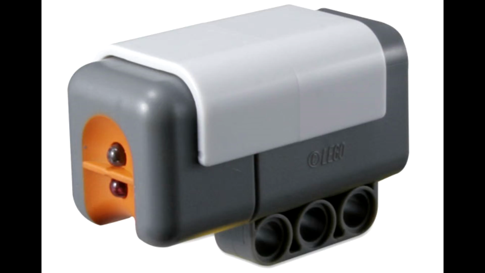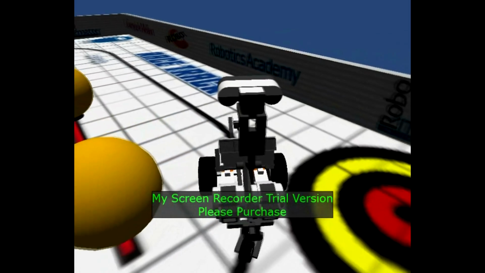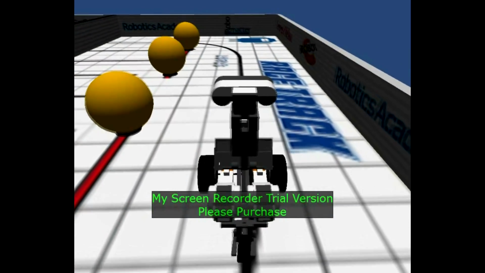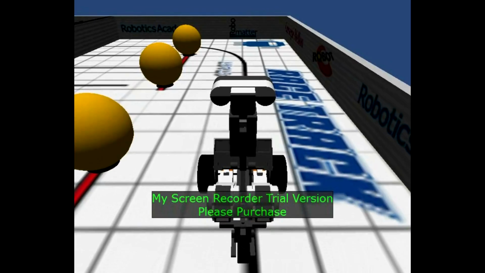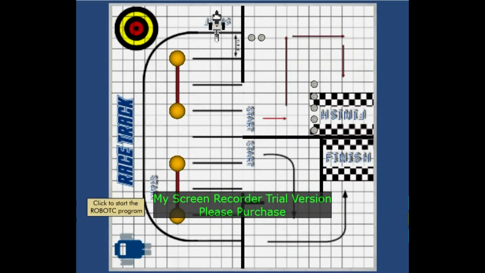The light sensor is one of the more basic of the sensors. It detects light values from directly in front of the sensor, which is then used in the code to program the robot. For example, quite a simple code can be written, which will make the robot follow a dark or light line. When the sensor detects the darker or lighter shade of the line, it simply continues to follow the line accordingly, and when the sensor detects that the robot is moving away from the line, it changes direction to suit. This is a very simple code, and unless the line leads directly to the finishing point, is almost